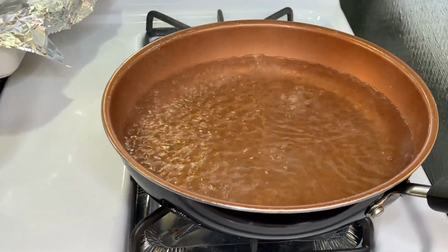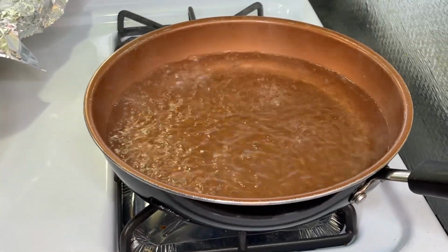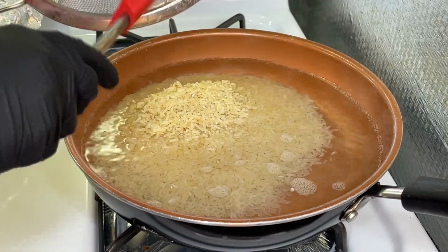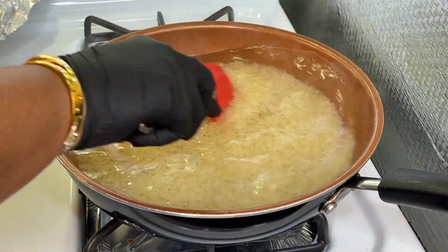Now here's the thing. I'm going to be serving my delicious Korean style ground beef over rice. So we're going to start that process. I'm going to be using 2 cups of parboiled rice. So with that, you're going to need 4 cups of water. Now that we have our rice in the pan and it's doing its thing, we're going to move on over